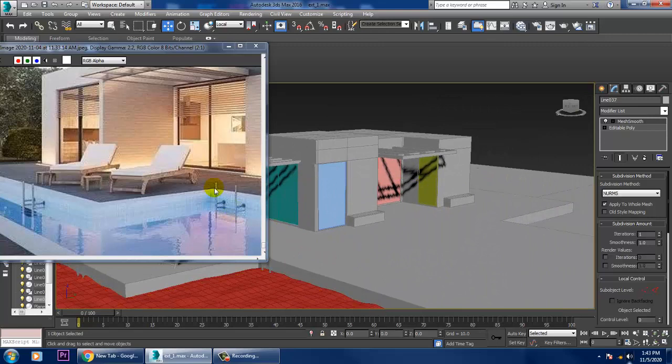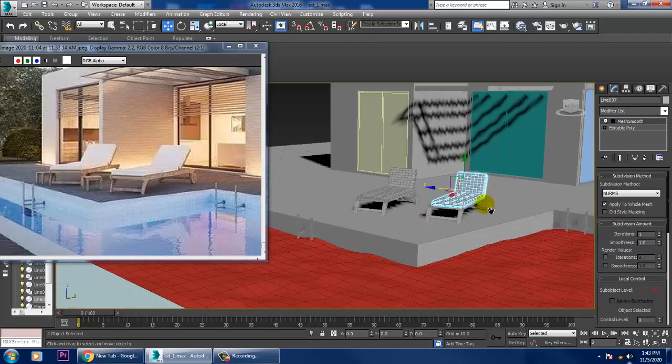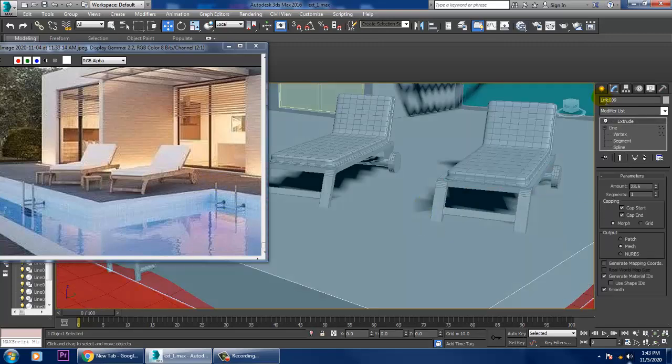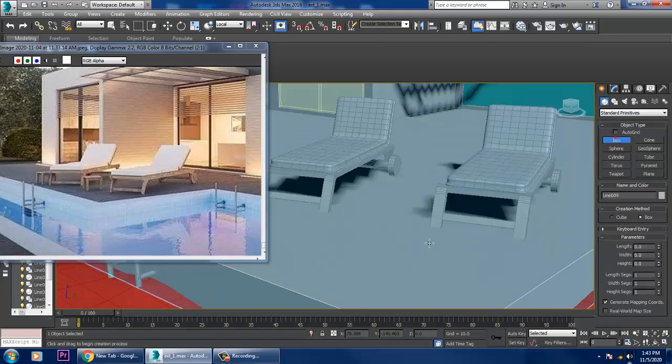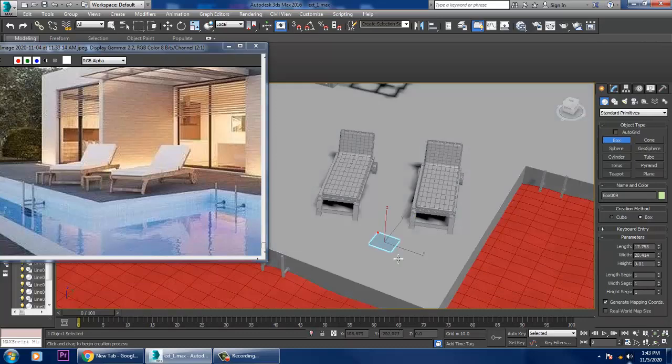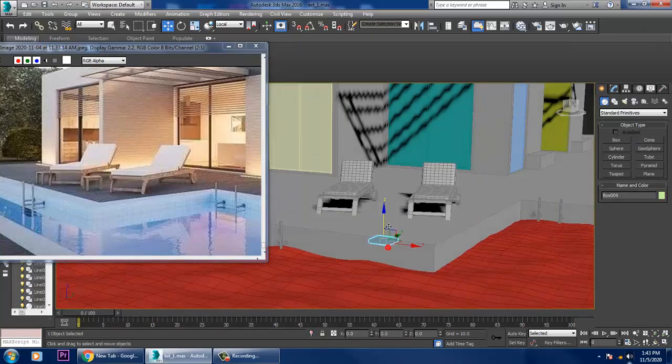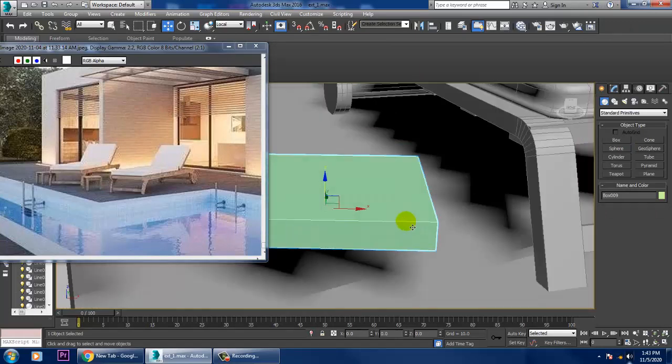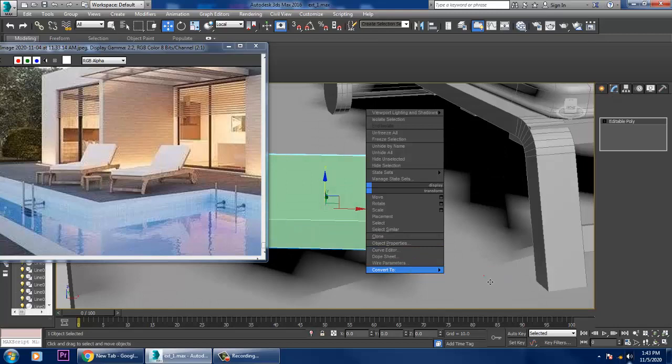So whatever the details are there, that will be created. So let's just take a small box over here. Let's just create a small box, slightly just push it up, convert to editable poly.